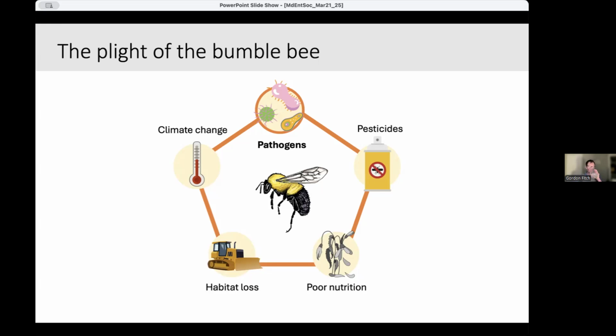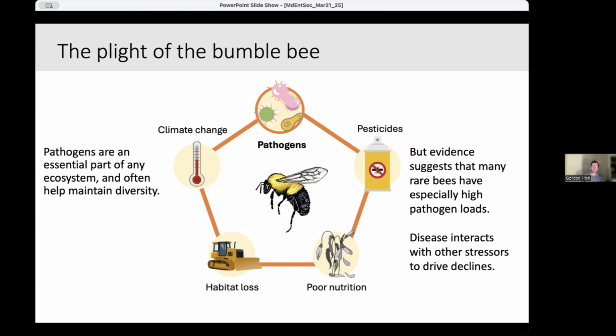And in some ways, pathogens and disease are different in kind from these other stressors because pathogens are an essential part of any ecosystem. And in fact, they often help to maintain diversity by making it so that more dominant species are kept in check because they are exposed to more disease. So in some sense, it's an odd thing to be talking about pathogens as a problem for these species because, again, they're an entirely natural part of the ecosystem.